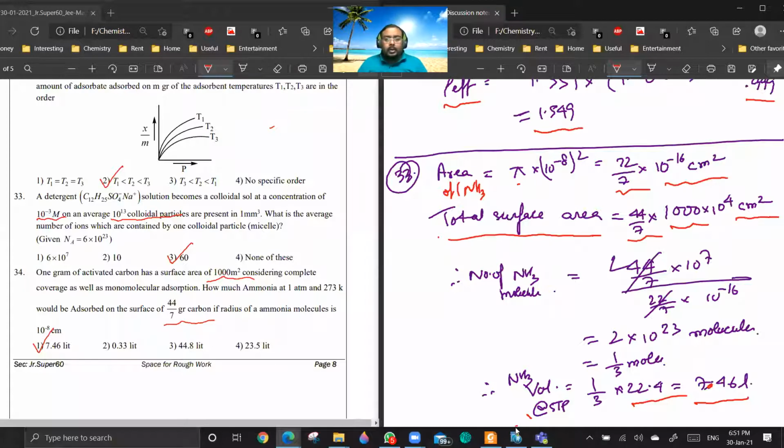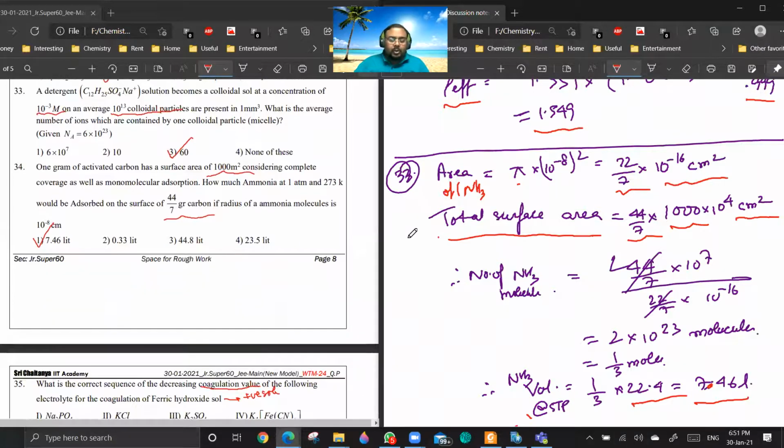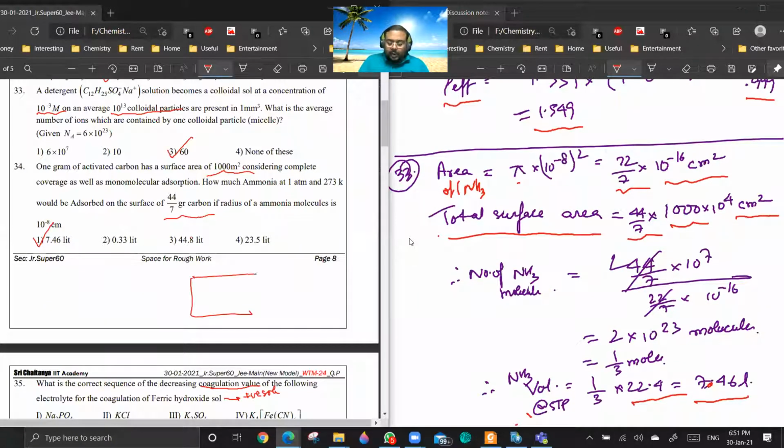I will say one technical thing in this question, although we are using a simplified version. We are assuming that the circular ammonia molecules are completely covering the catalyst. But if the catalyst surface is like a square or a rectangle or any type of area, the molecules won't be completely occupying it, because of their spherical shape. Are you getting the point? So there will always be some white space.